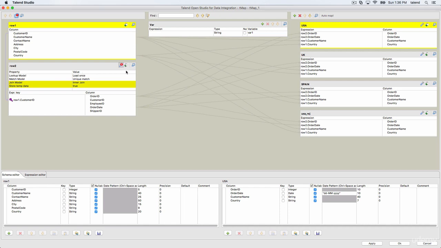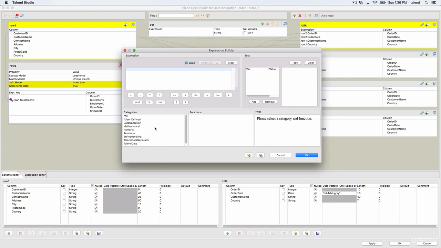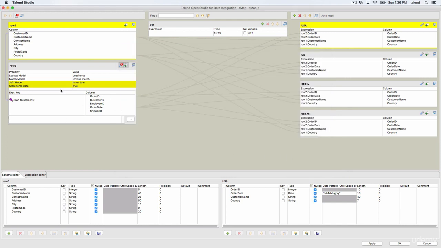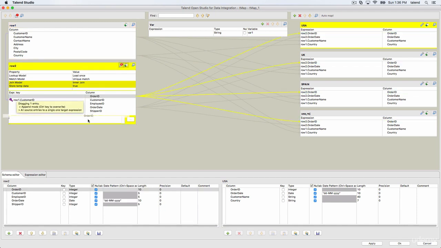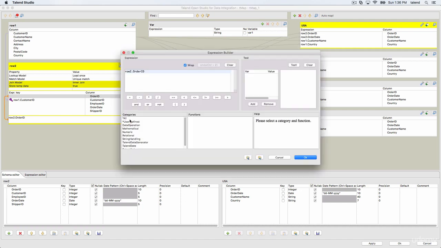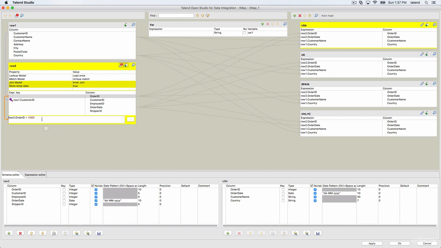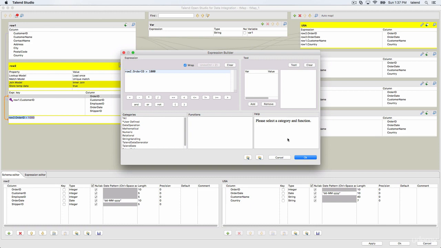The other one you have is the filter. This is the common filter. You can use the expression builder to build any statement, any filter condition. For example, if you want only order IDs that are greater than 1000, you can just write it down here, or you can open the expression builder and write it.